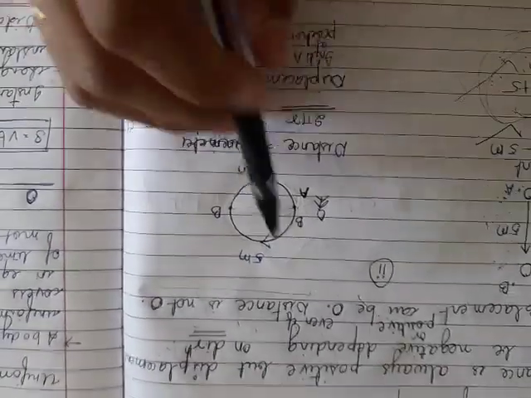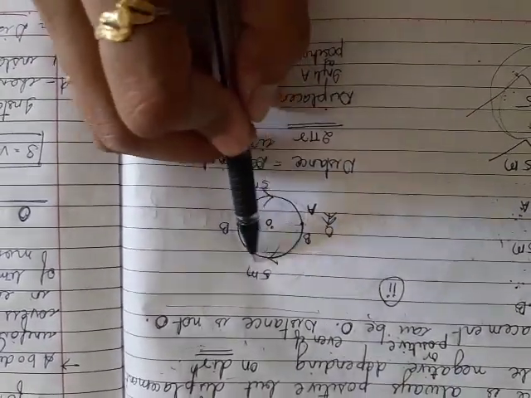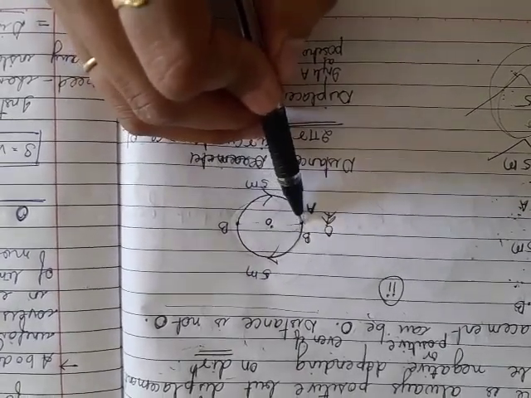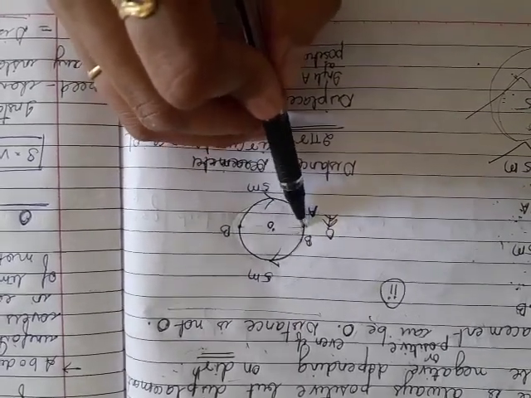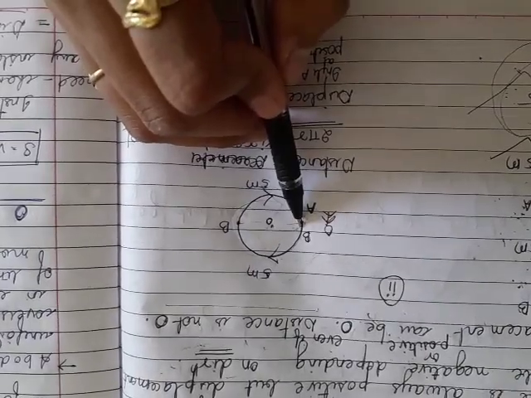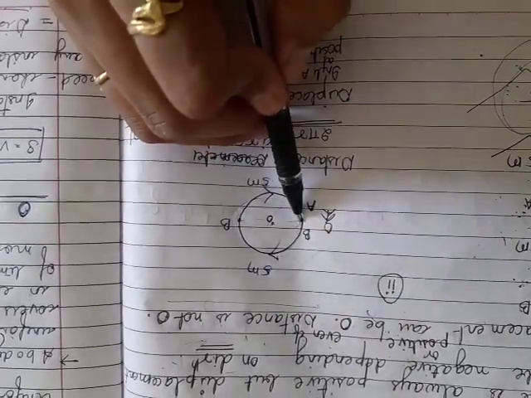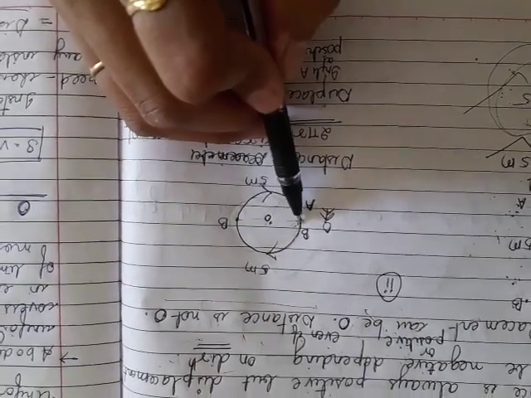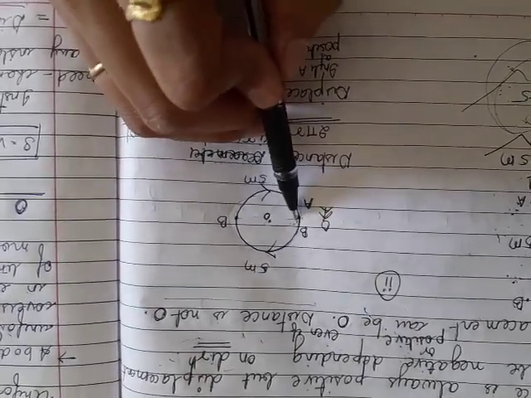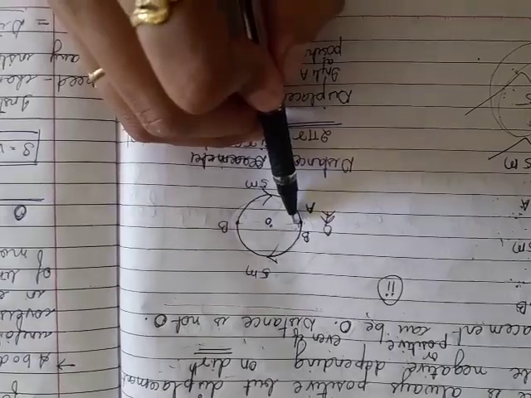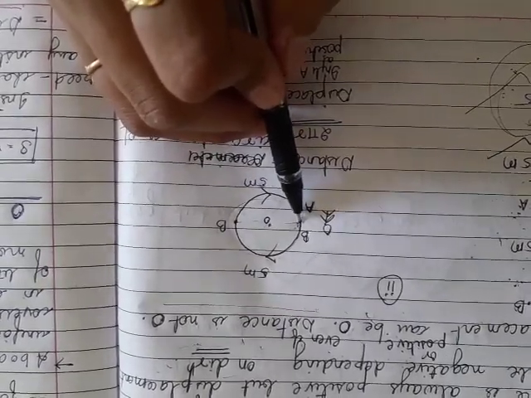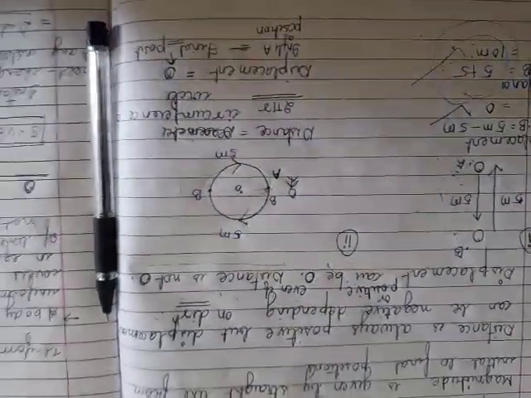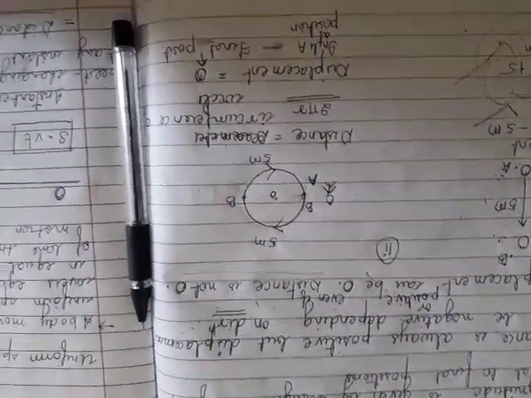How will it be 0? Because he will start here and come back over here, so there is no displacement. What is displacement? Shortest distance travelled. He is over here, and he can come back over here again, so there is no displacement at all. If I calculate the shortest distance from A again to B, that will be 0. So the displacement over here will be 0.